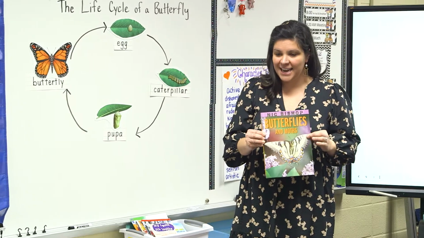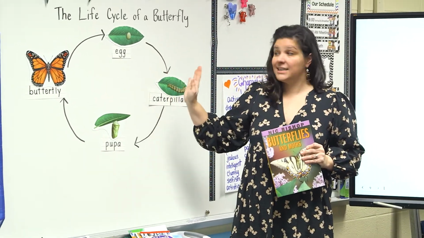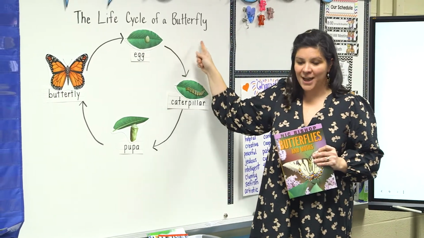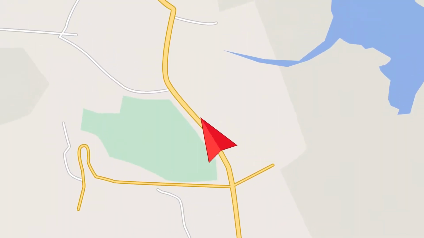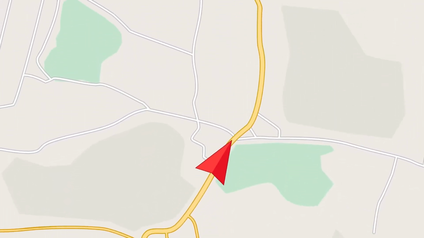Did you notice how Ms. Gaddis intentionally built knowledge of the text structure? She explained the structure was a sequence or cycle and provided a visual of the life cycle to bring the text structure to life. Pairing a graphic organizer with an explicit description is a great way to aid students' comprehension, whether it be during a read aloud or an independent reading of text. The author's text structure provides a roadmap for students to navigate the information they'll be learning. Once Ms. Gaddis has introduced the text, she activates her students' prior knowledge of the topic.